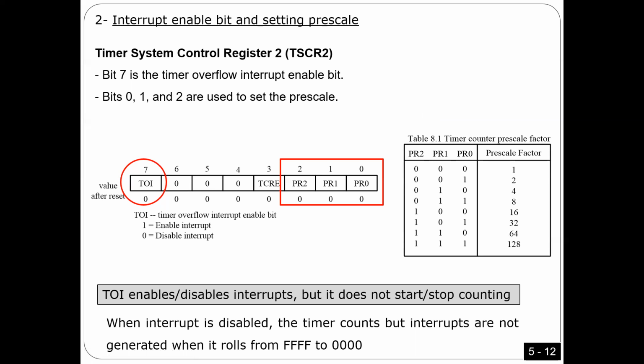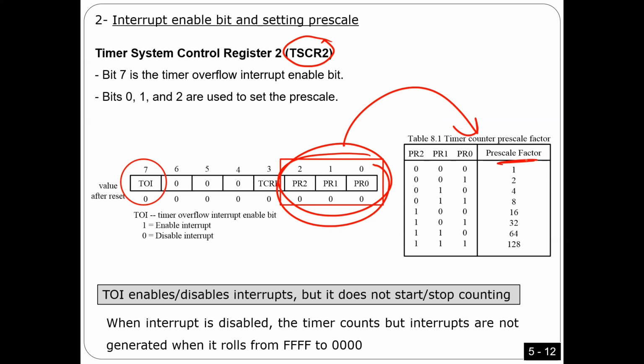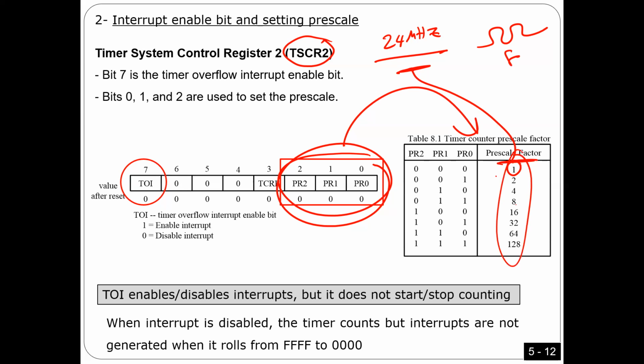As I told you, we have this register here, guys. So you have to write some value here in these 3 bits in order to control the prescale. Remember the prescale? We have 24 megahertz. I'm going to divide it by the prescale, and this will be the clock. It's going to be F, the clock F. I'm going to use it to run the timer. Is that okay? So you have here 1, 2, 4, 8. This is all what you have as values, okay? For sure, 1 means it's going to be too fast, okay? 128 is going to be slow. Counting is going to be slow, okay? Anyway, this is one thing you have to do in this register.